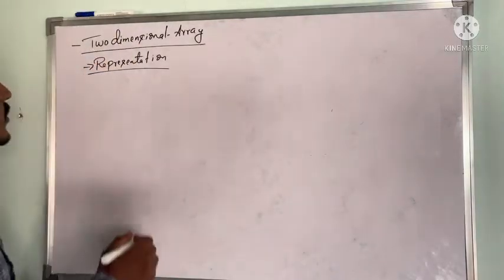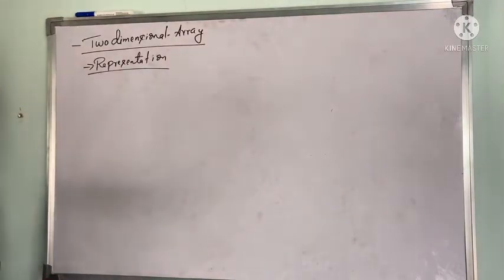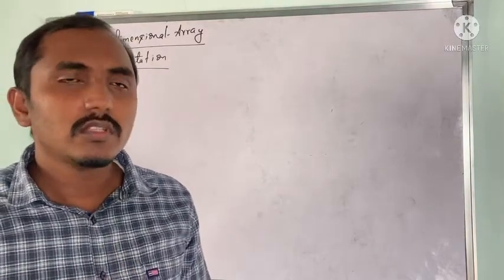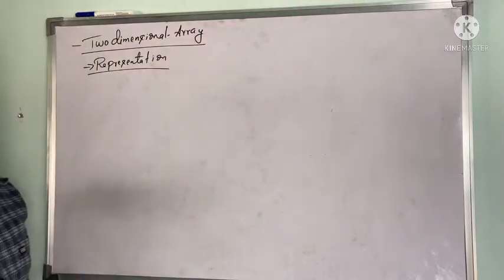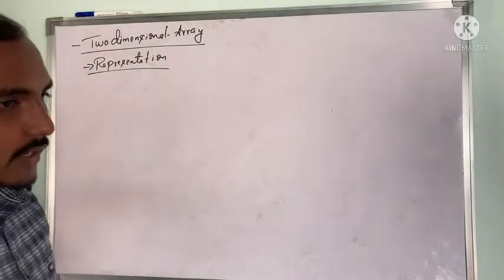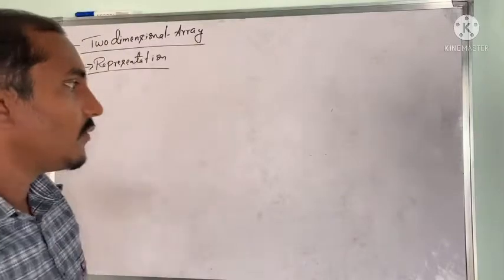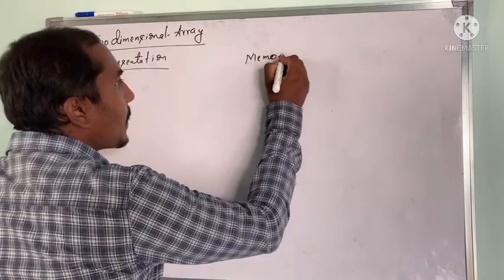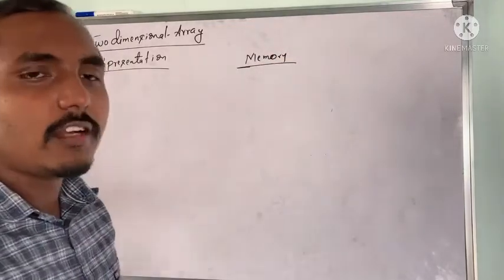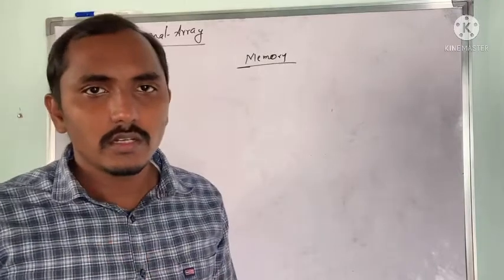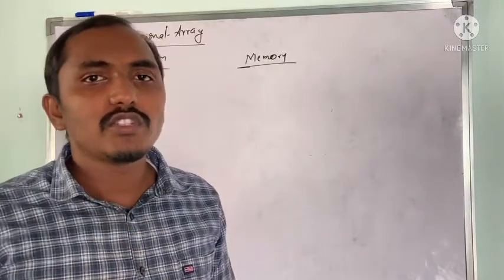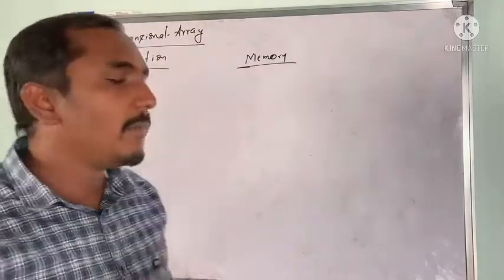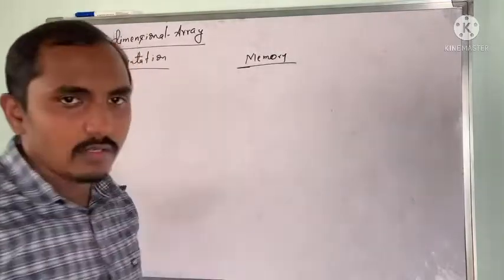Now coming to this topic, this is two-dimensional array representation. Already you know a two-dimensional array is when the elements are stored in both rows and columns. Now when you consider representation of an array, the basic thing you need to know is that memory will always be sequential locations. Whatever you want to use will be stored in a sequential order, one after the other. There is no concept of two-dimension, three-dimension or multi-dimension when you are considering any kind of memory. So memory will always be stored in a sequential order, one after the other.